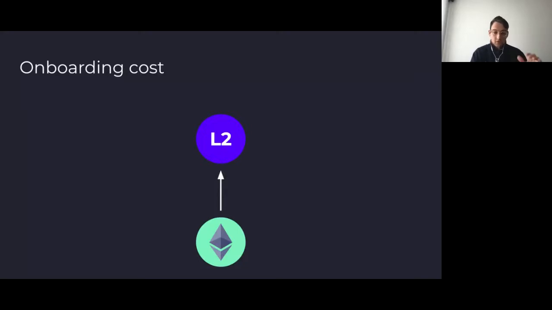So the other way to think about it is, okay, instead of just moving from Ethereum to layer 2, we could be moving from one layer 2 to another layer 2, and obviously back and forth between them. So that basically means that once you onboard onto one layer 2, then if it's integrated with a few others and has bridges with a few others, you only experience that pain once, and then you're free to operate in this nicer world. Now, obviously, a lot of funds are not on layer 2 yet, so that is a limited source of onboarding to start with.